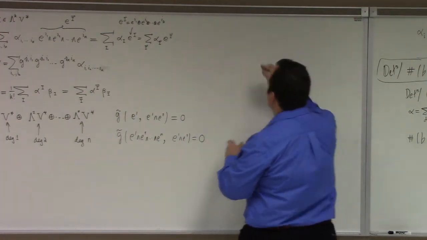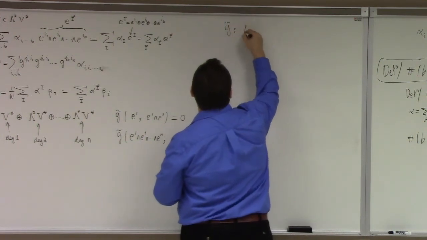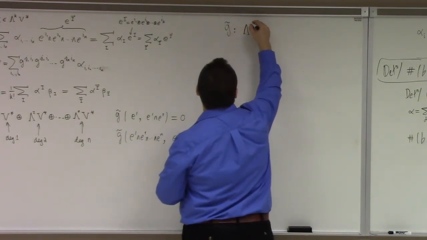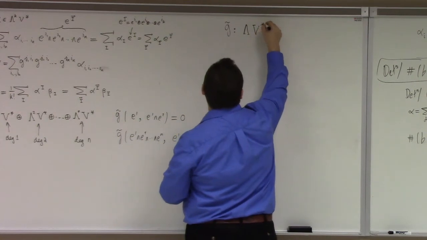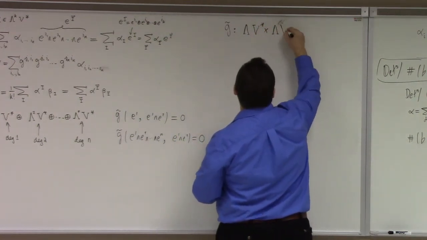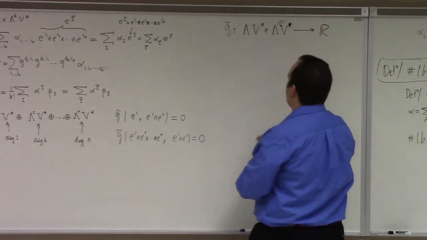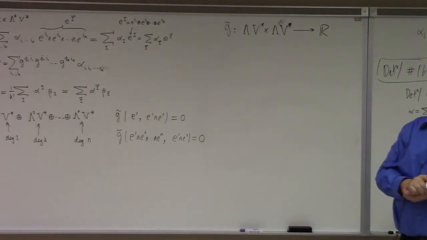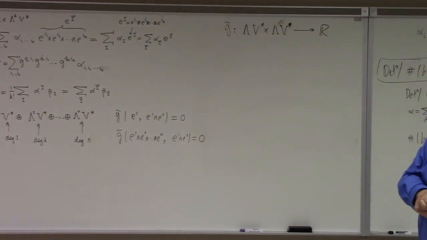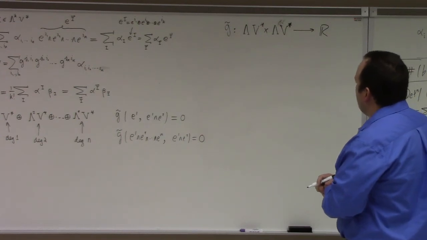So we have this G tilde, right? Which is a mapping from the entire exterior algebra of V dual to the reals. The question is, what can you do with such